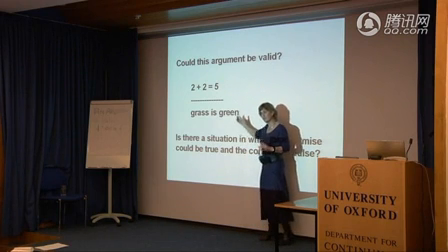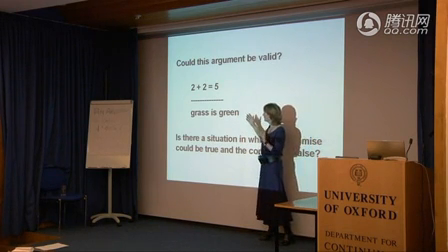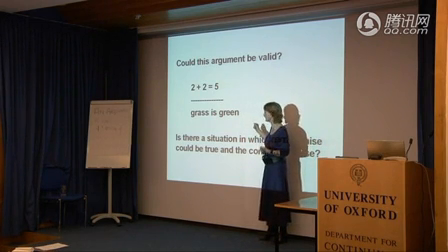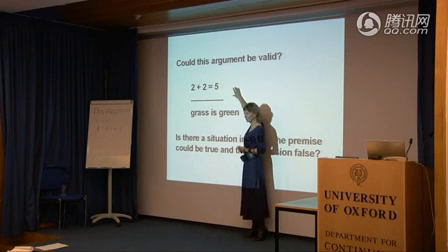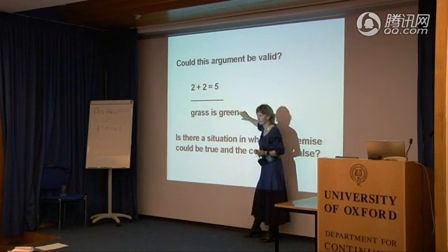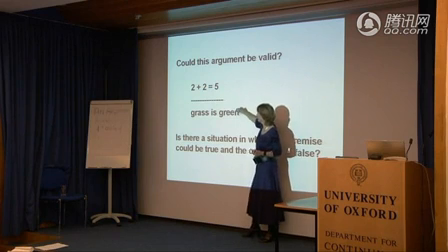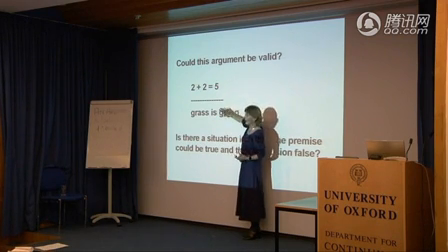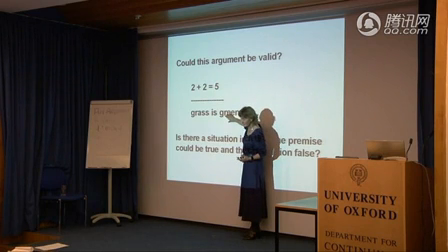Okay, could this be valid? Well, is there a situation, could it be the case, that's what I'm asking, that this premise is true together with this premise being false? Well, you look at this and you see that there actually isn't any situation ever, anywhere, in which this could be true. So how could there ever be a situation in which that's true and that's false? Couldn't be, could there? You with me?